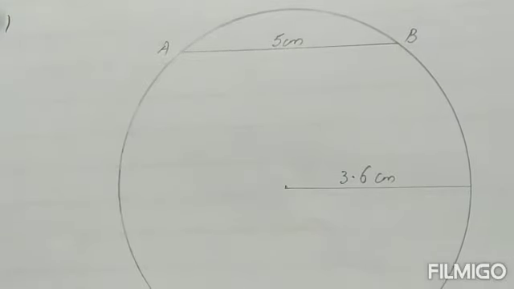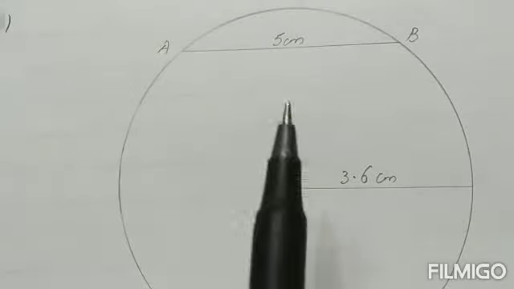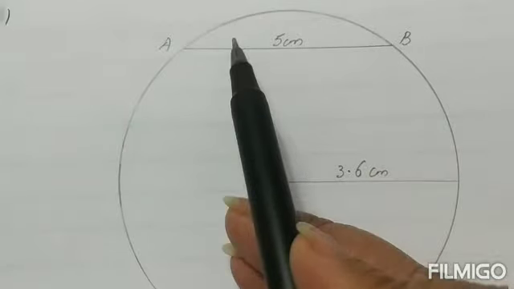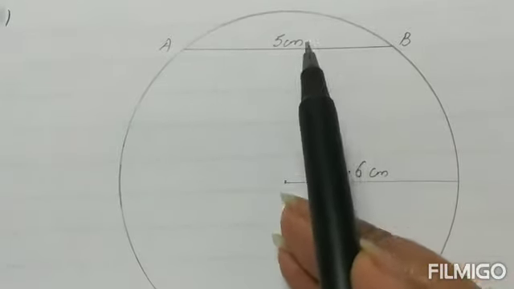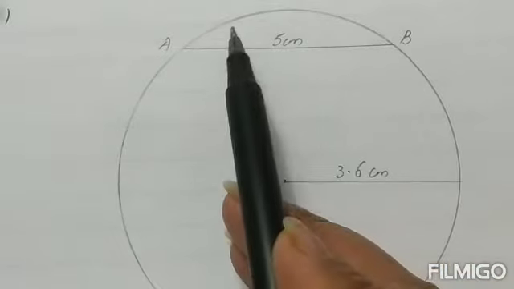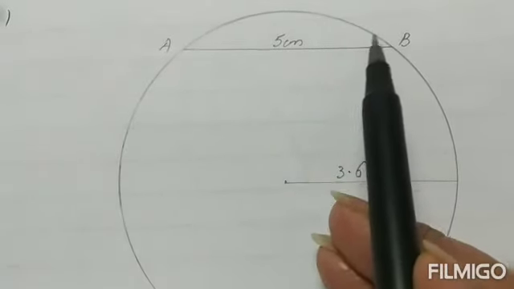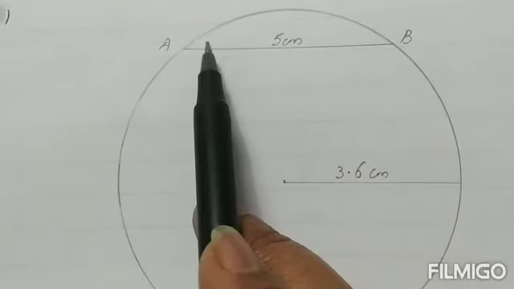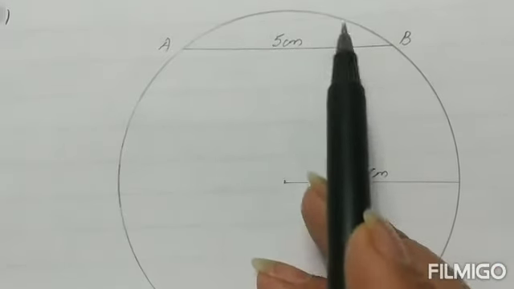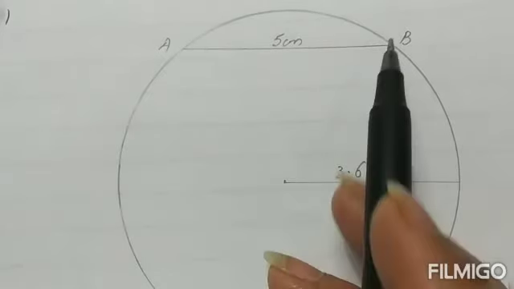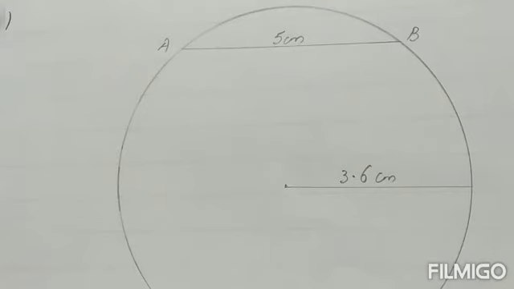After this, in this question, children, they are also asking us to shade the minor segment. Now I have not shaded because then it looks untidy and you are not able to understand. Now this is the minor segment, so you have to shade this area. Now when you are doing the shading, children, you can draw straight lines, you can draw vertical lines, or you can just draw some dots over here to show that this AB, this part, is actually the minor segment. So with this we come to an end of this exercise, children.